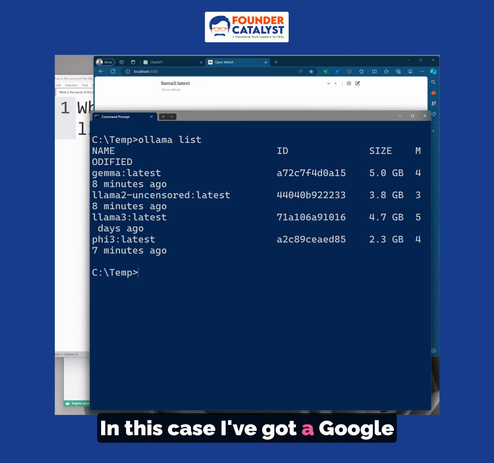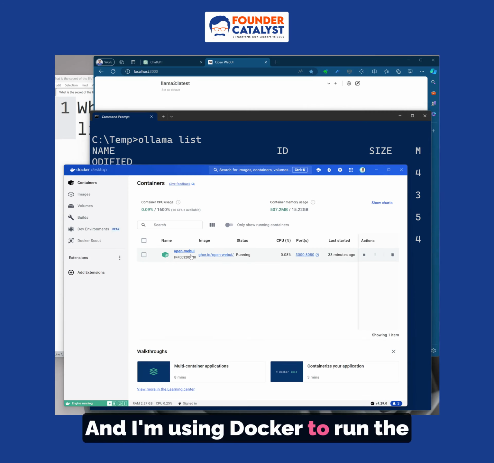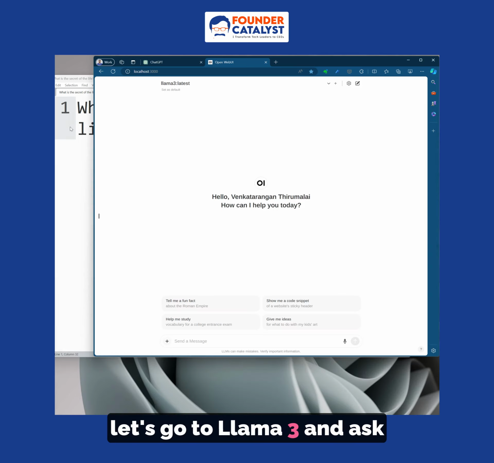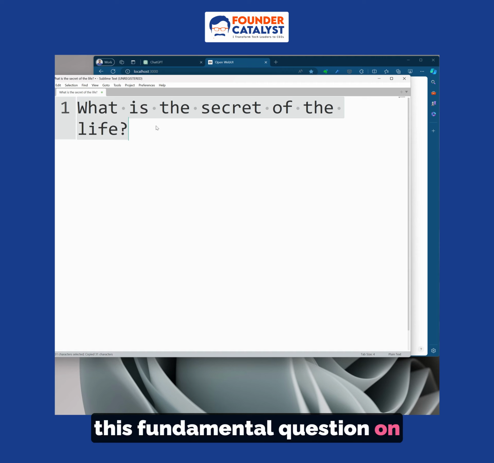In this case, I've got a Google Gemma model, Llama 3 model, and Microsoft's recently released Phi 3 model. So I've got about 4 models. Llama 2 uncensored we are not going to be seeing, but I've got 3 models installed here. I'm using Docker to run the Open Web UI interface so that I can access these models from a web UI. So with that aside, let's go to Llama 3 and ask this fundamental question on what is the secret